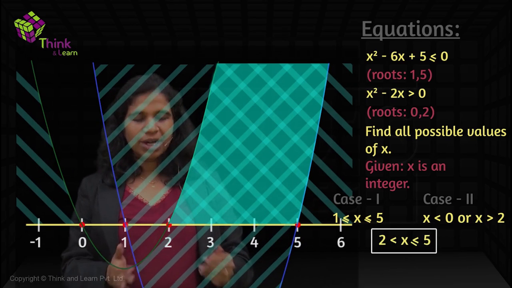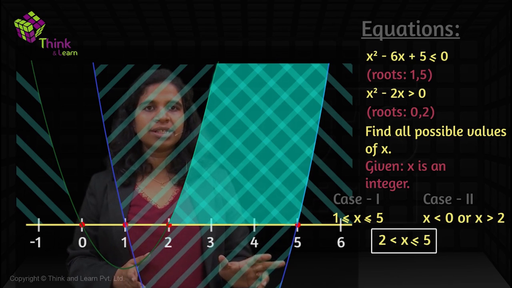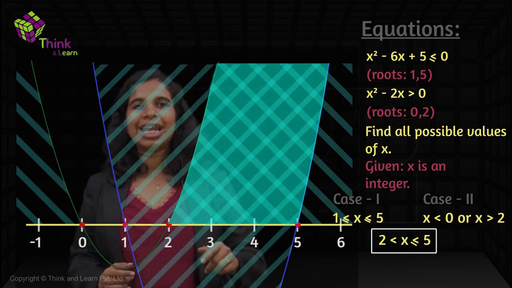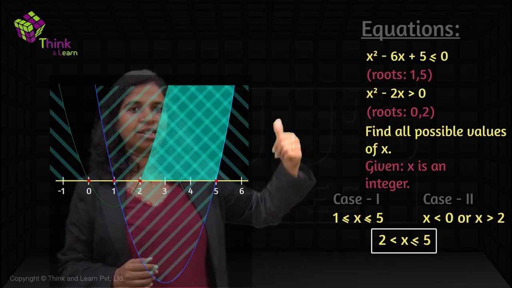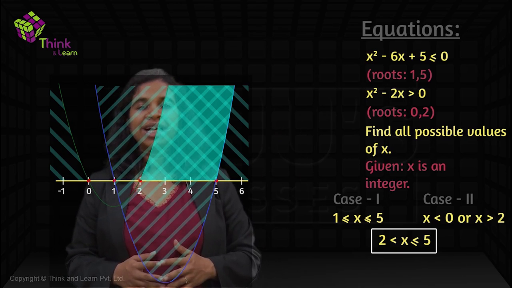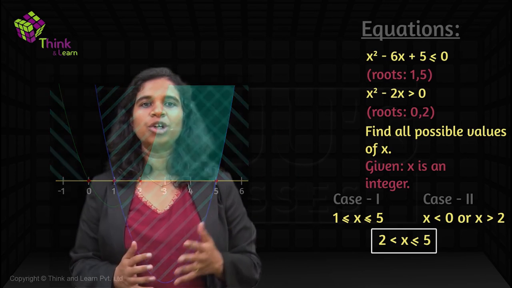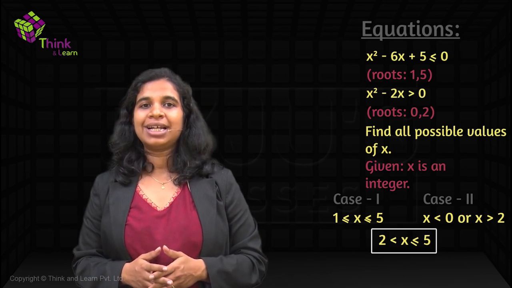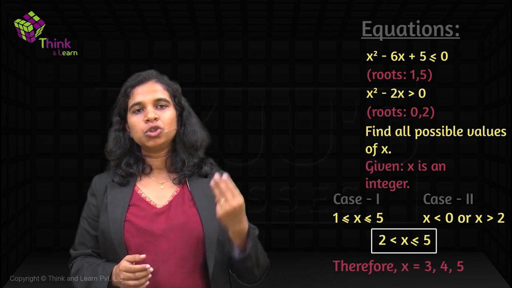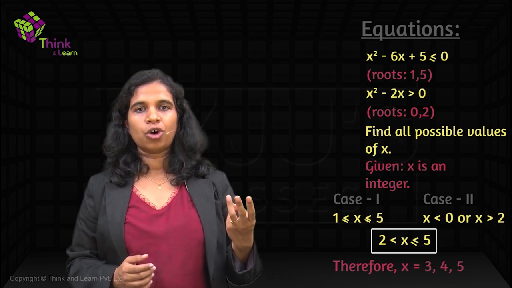Rather than looking at the equations, it's much easier to see from the graph. All you need to look at is the overlap region. Overlap region is this, between 2 and 5. The only thing to be careful about is that it's inclusive of 5 but exclusive of 2, because it says greater than 0. If it was greater than or equal to 0, 2 would be included. So it doesn't include 2. So the answer is all values of x which are greater than 2 and less than or equal to 5. Now it's also given to us that x is an integer. So what are the integers that lie in this range? 3, 4 and 5. So those are the three possible answers that x can take. X can be either equal to 3 or equal to 4 or equal to 5.